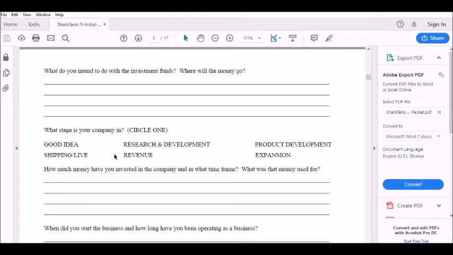It is my thought that you don't even want to apply to Shark Tank until you're already at the shipping and live stage. But they give you an example, they give you an opportunity to answer here. Be truthful. They're good at sniffing through people's smoke screens. And they only give 4 lines for this. But if I were applying, I would refer them to an appendix and go into great detail what I'm going to do with the money.